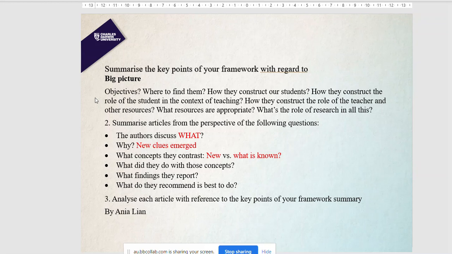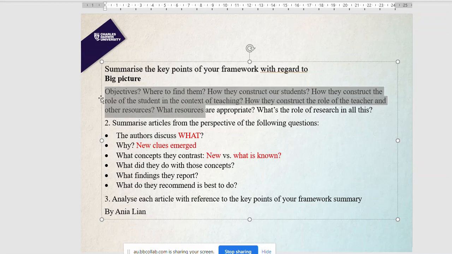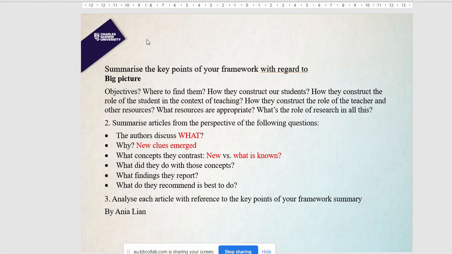Now when you begin your literature review, you look into it and you write some dot points to reiterate your framework. But now we will be using it as some principles, guiding principles. If your framework, to say it again, doesn't have answers to all the questions which I posed here, you would do well if you actually added these